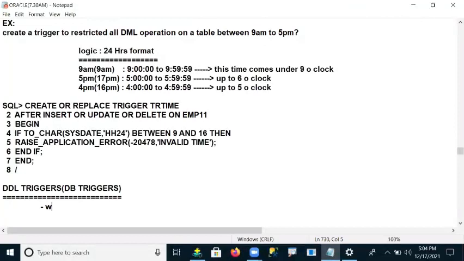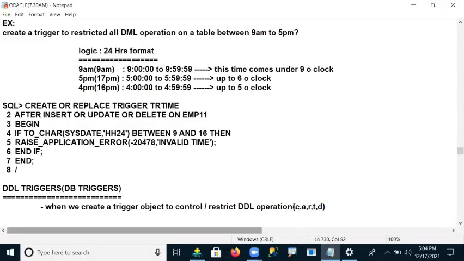When we create a trigger object to control or restrict DDL operations. DDL operations means what now? Create command, alter command, rename command, truncate command, drop command.